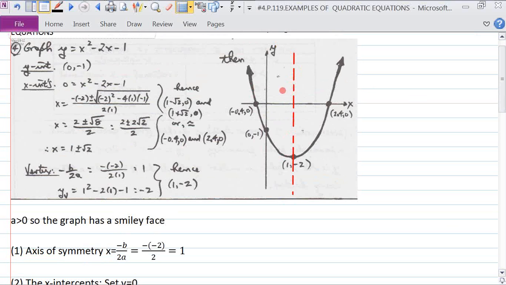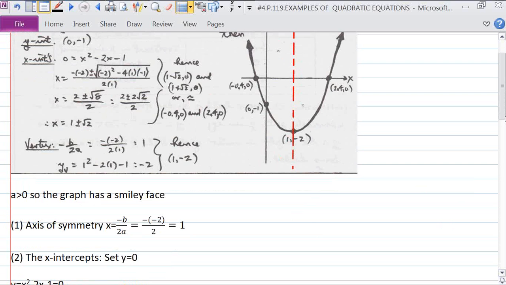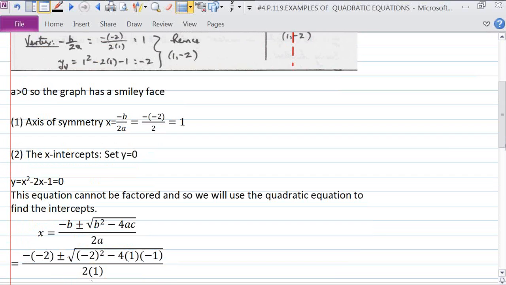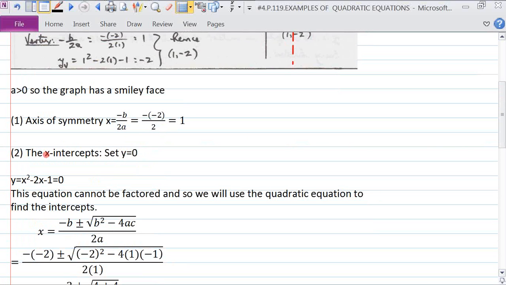So 1/2 of the graph here on the left is identical to the other half on the right. It's split right in the middle, and each one is the mirror image of the other. So we found the axis of symmetry. Now to find the x-intercepts, we know along the x-axis that y equals 0. And if we set y equal to 0, there's no way we can factor this. There are no common factors,